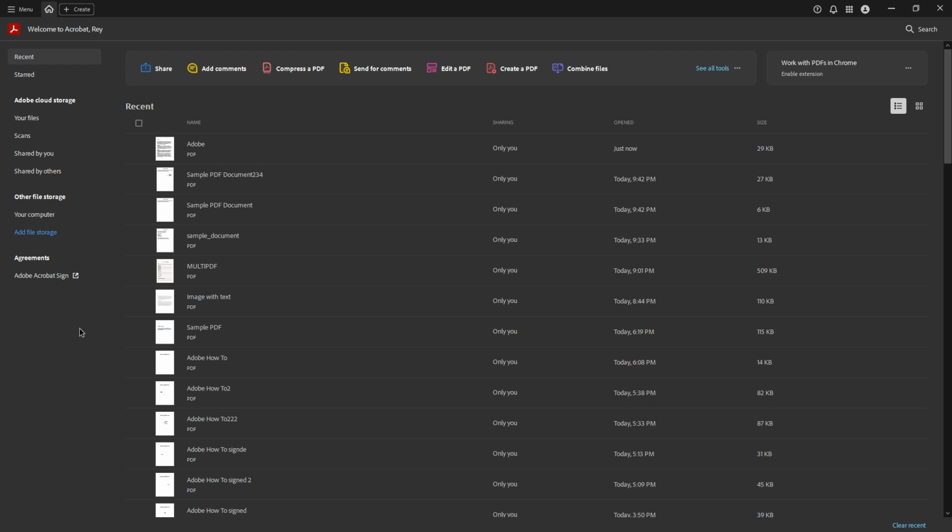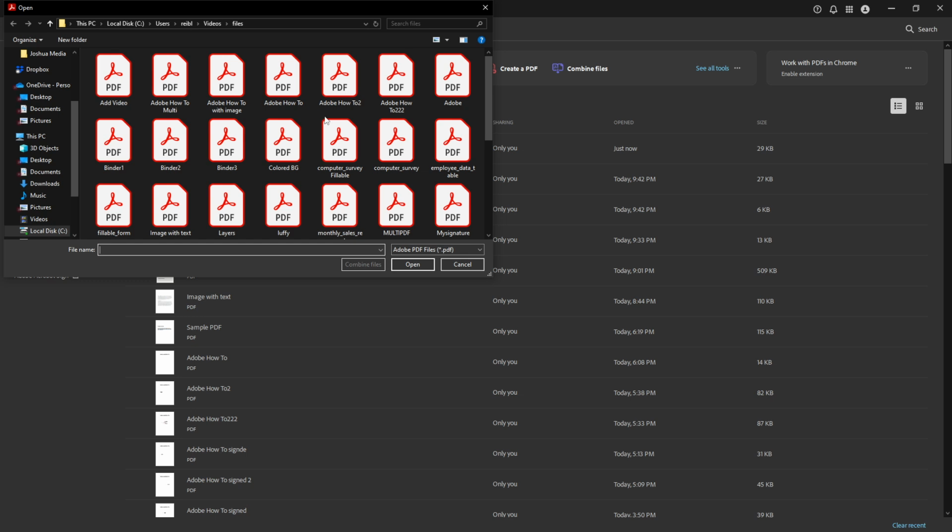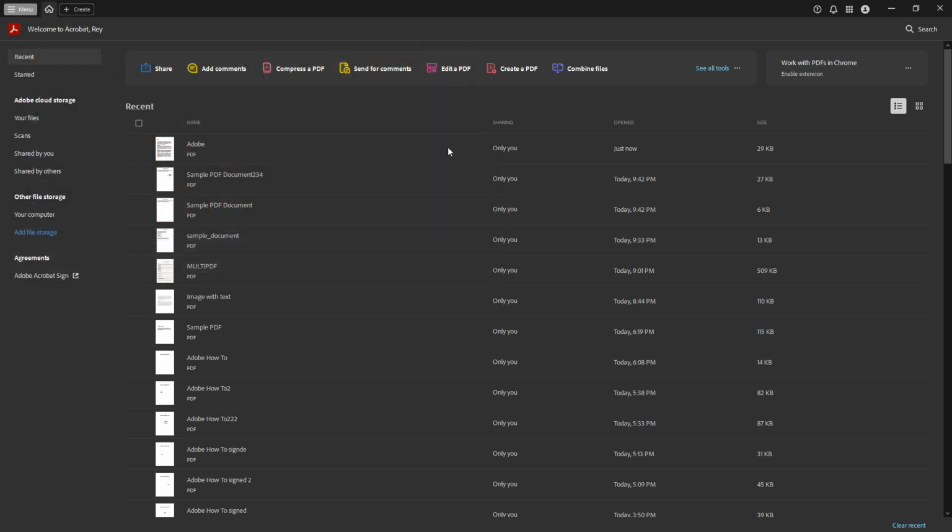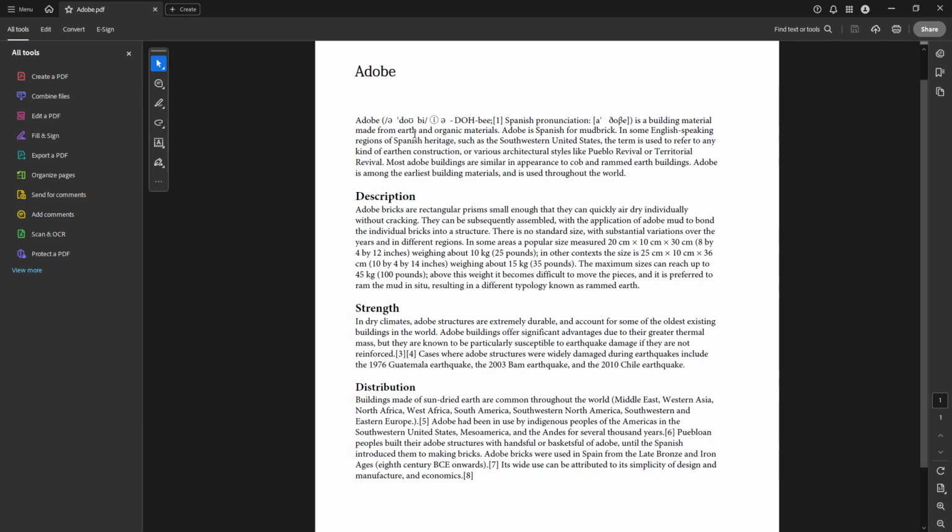Let's get started. First, you'll want to open the PDF document you wish to tag in Adobe Acrobat Reader. If you don't have Adobe Acrobat Pro installed, make sure to download and install it prior to beginning this process. Once you have your PDF file ready and opened in the program, you're all set to embark on the tagging